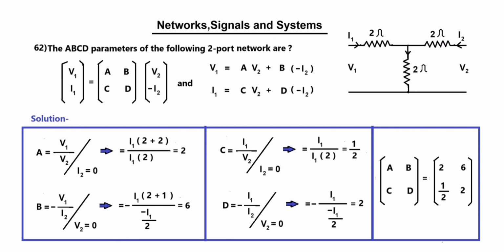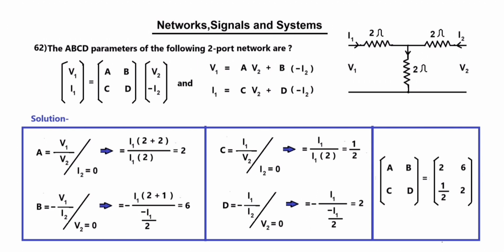and C equals I1 upon V2, with I2 equal to 0. Output circuit open, so I2 equals 0. So C equals I1 divided by I1 multiplied by 2. So C equals 1 upon 2